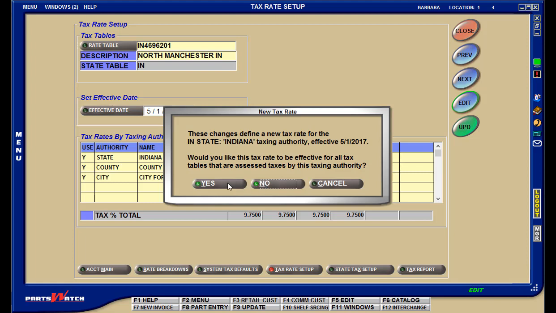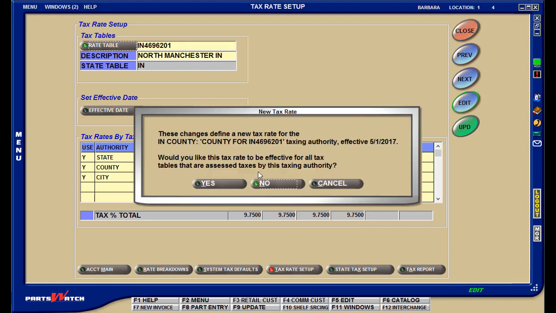And then say you made changes to the county tax rate. It'll prompt to affect the other tables with the same county. And if the same county is on other rate tables, it's probably because there's a city tax or transit tax or airport tax.